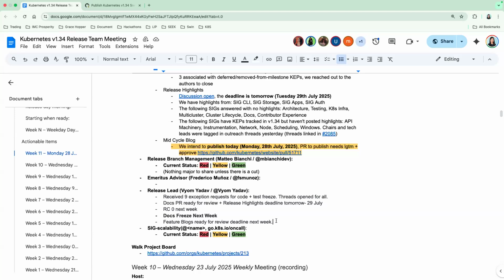Yes, there is only one person from release branch management and one person from SIG Release, the release leads, who would be on the call. So it's not a lot of people from the stakeholder side, but that is what we'll be doing right now because of just how distributed the team is, and having an APAC retro at the same time,